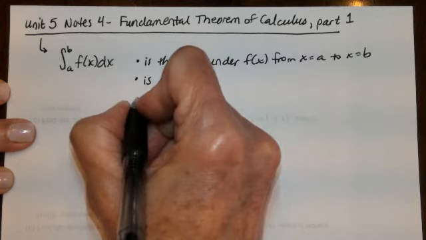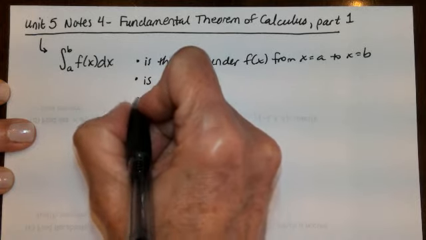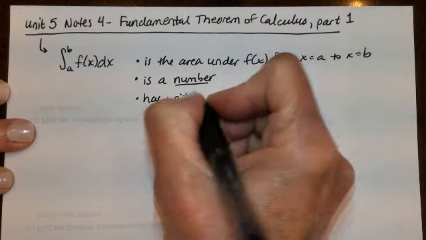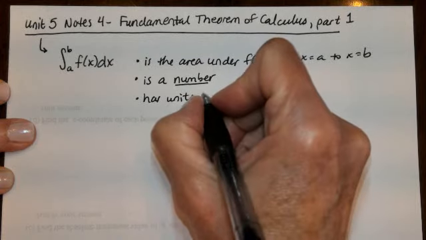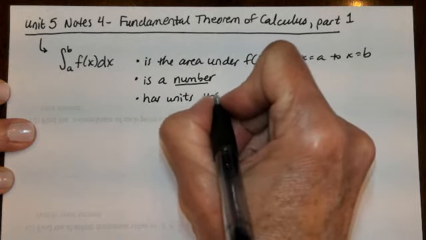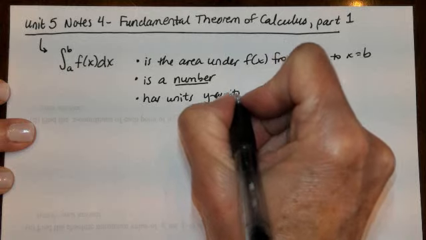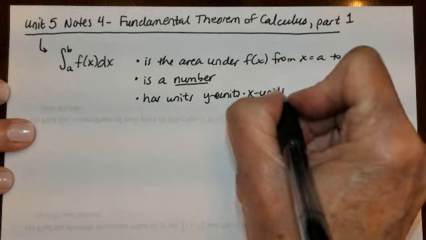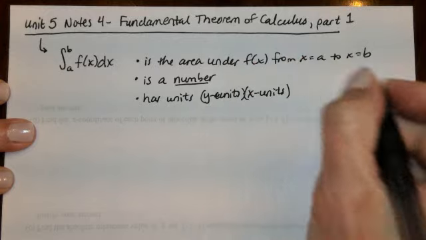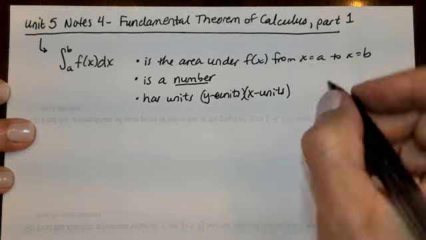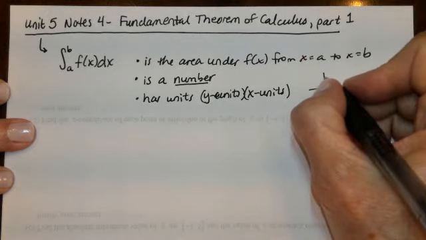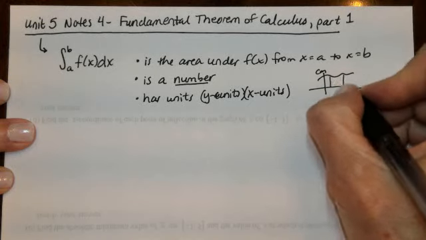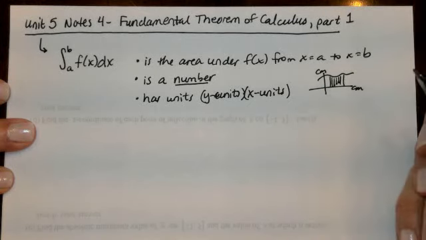If we wanted to give that number units, the units would be whatever the y units are multiplied by whatever our x units are. So if both x and y were in, let's say, centimeters, then the area would be in square centimeters,